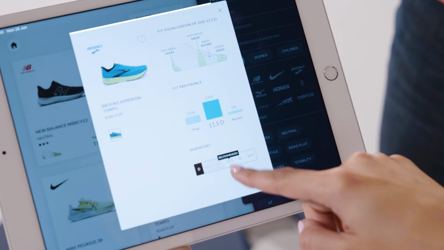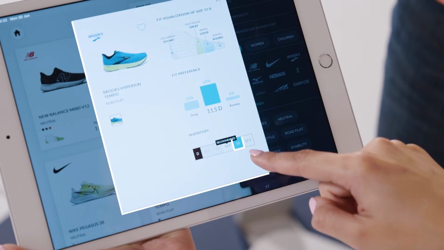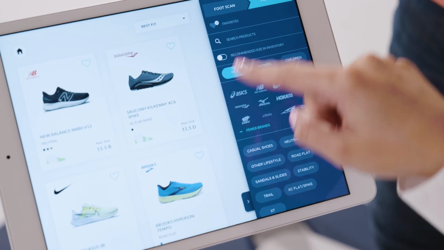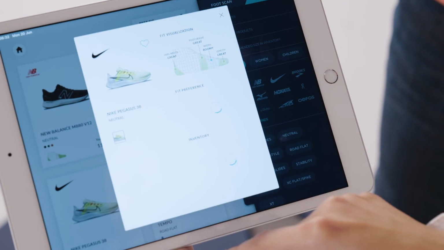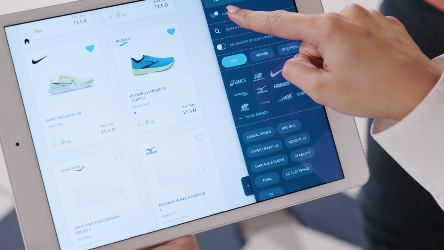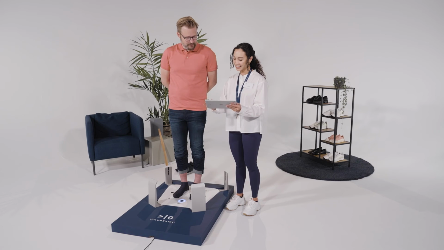Use the individual shoe cards to get more insight into how each recommended shoe may fit. Tap on any of the shoes on the recommendations list, and its shoe card will appear. We recommend choosing 1 to 3 different pairs of shoes for your customers to try.